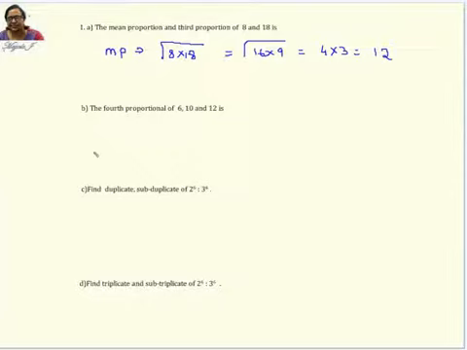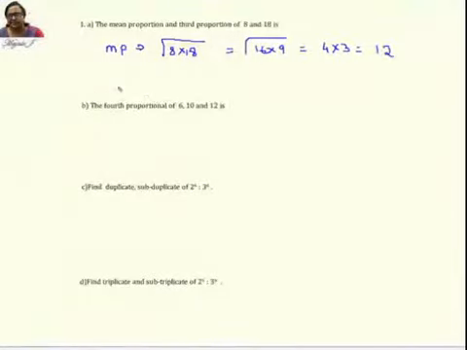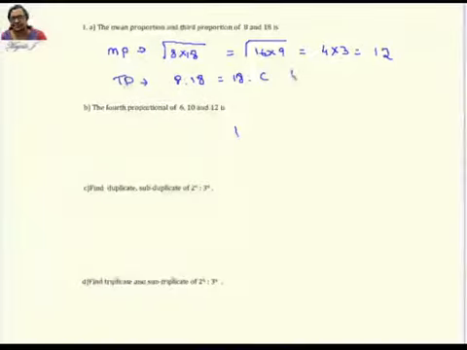And the next problem, what do you mean by third proportion? Third proportion, to find for this 8 and 18, you just have to take this as 8 is to 18 is the same as 18 is to the third proportion, something like we can say as C, and find the value of C. So in this, you know that the product of means is equal to the product of extremes. So can you find out what is the value of C here?